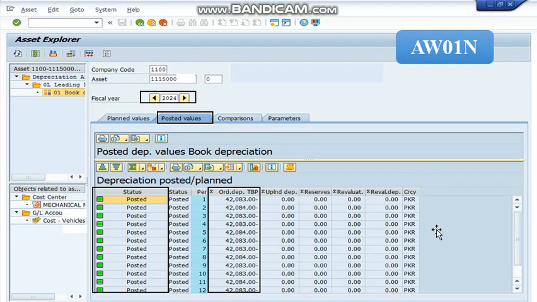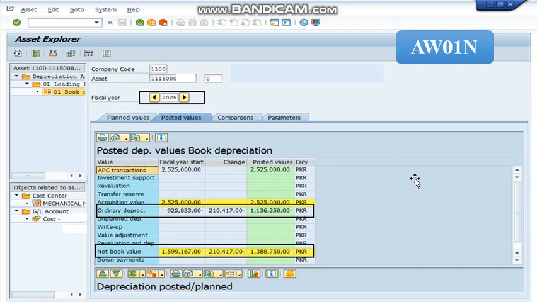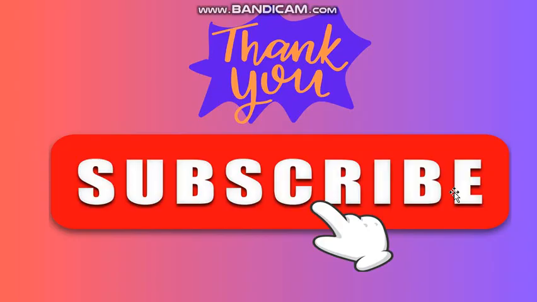Now again if we drag down this line, we can find here the depreciation which was charged in the previous year and the current depreciation for the whole year, and again the total depreciation. This is the accumulated depreciation, and again we can find here the net book value. And similarly for the next fiscal year, which is 2025, we can see or observe all the changes which have occurred during the year.